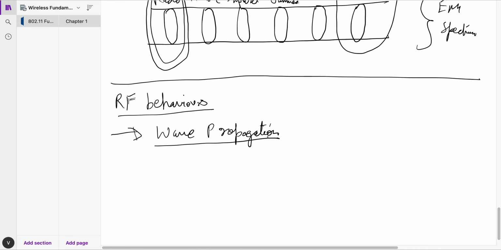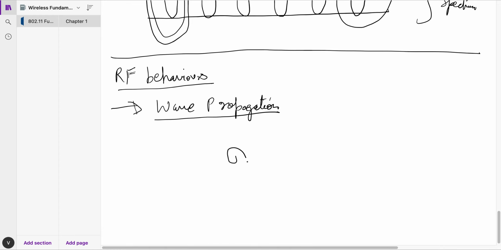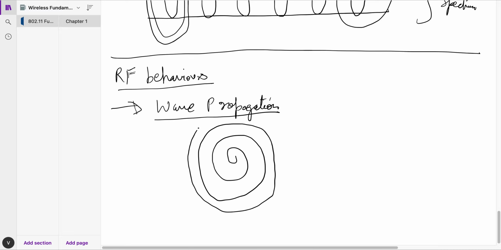Okay. Now, wave propagation is just the way a wave moves forward. Okay. Let's say you drop a pebble into the ocean, how does a wave initiate? It initiates something like this, right? When you drop a pebble, a wave initiates like this. This is called the epicenter of the wave. So the amount of power with which you drop the stone in the ocean determines how far the wave will go. And there has to be one epicenter right at the center. So this is called wave propagation. This is how a wave propagates. Okay. Now that is just one behavior of the wave.